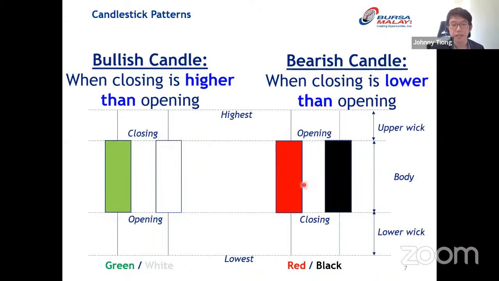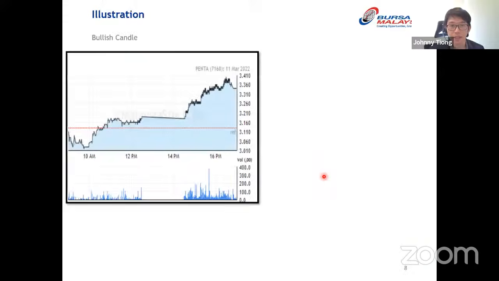These are the explanations for the bullish and bearish candle. Again, for the bearish candle, we'll know four types of information: highest point, lowest point, closing, and also opening. These are some illustrations for some samples. So I'm going to show how we can actually draw the candles.